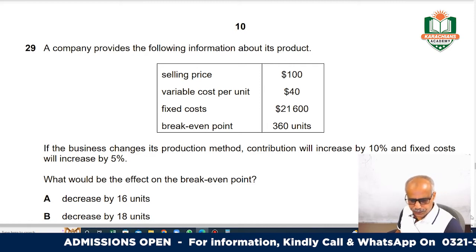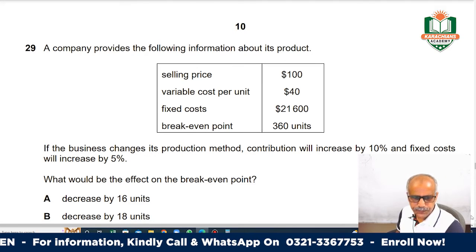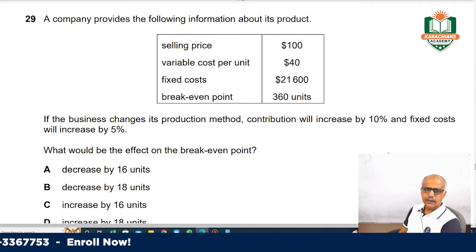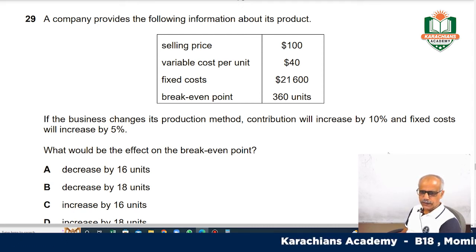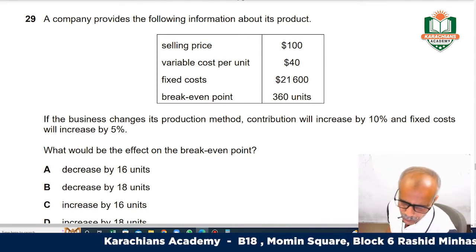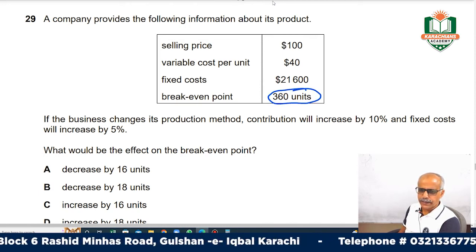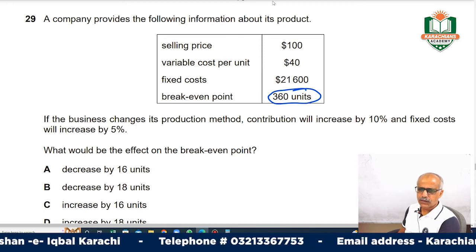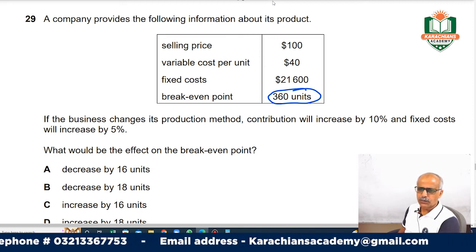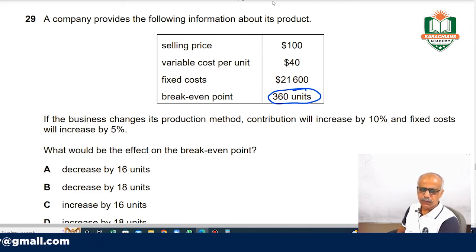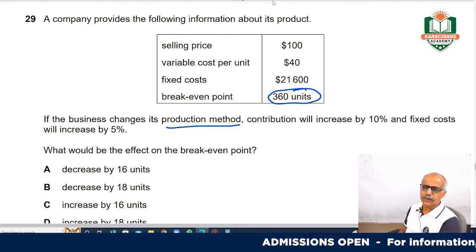Question number 29. A company provides the following information about its product: selling price, variable cost and fixed cost. Break even point is 360 units. Break even is already given and you can calculate it very easily: 21,600 divided by contribution margin per unit, which is 60, gives 360. So no issue. If the business changes its production method, contribution will